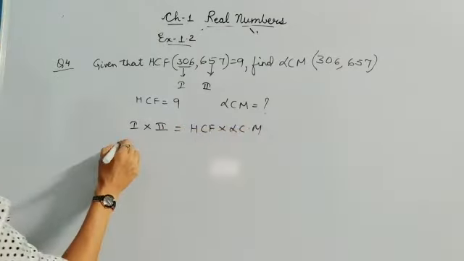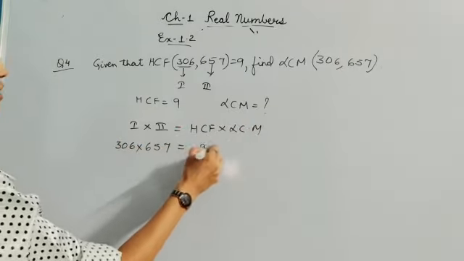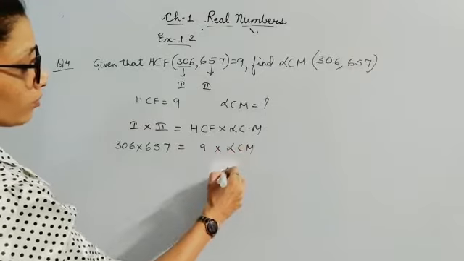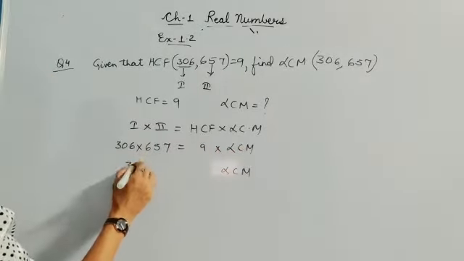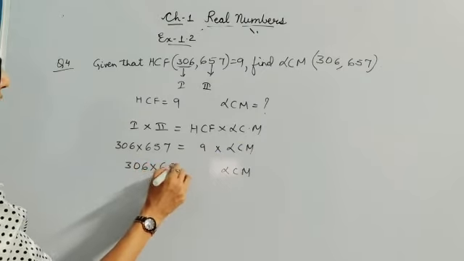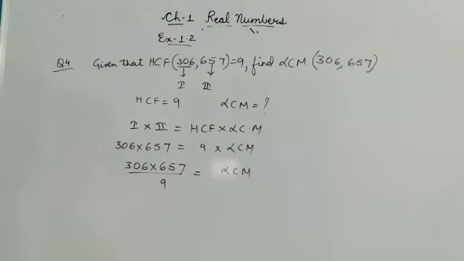So I'll be writing here 306 into 657 equal to my HCF 9 into LCM. Now if I want to find out LCM, I need to take this 9 down because this is in multiplication over here. So let it be like this, upon 9 equal to,